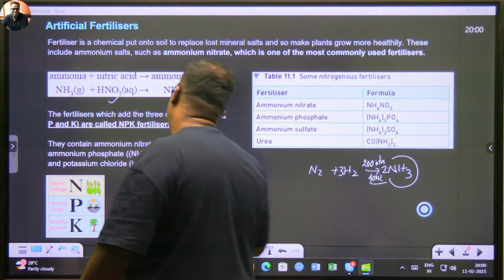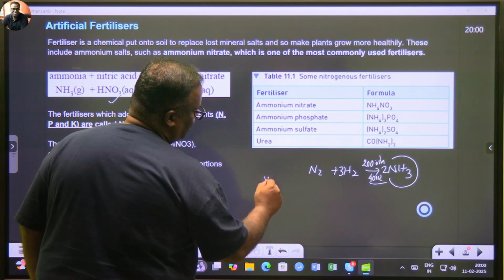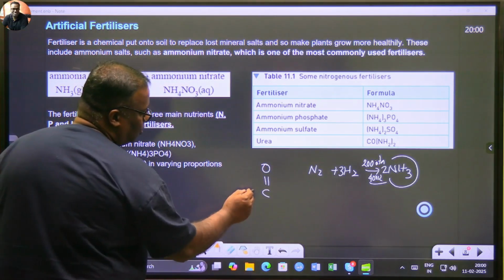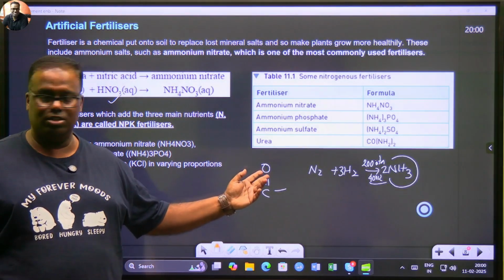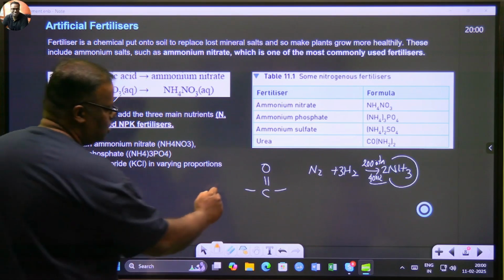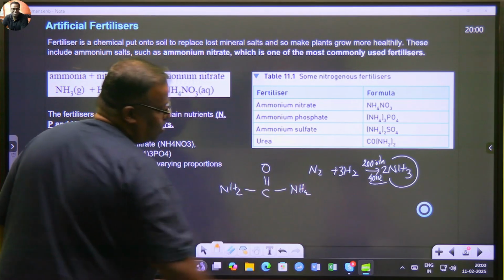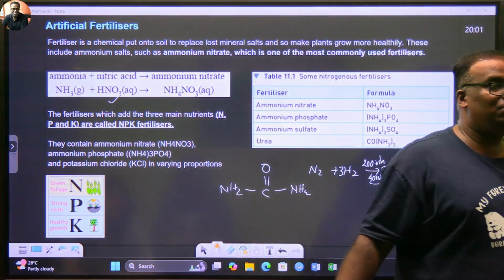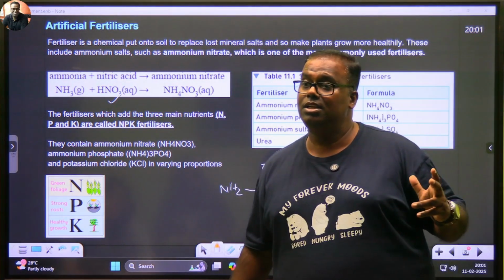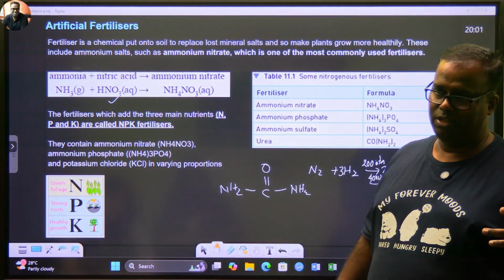I'll show you when we come to that chapter of organic chemistry. This is called a carbonyl group. Carbon has 4 valencies. 2 are tied up with oxygen. Oxygen satisfied, carbon both open. So on one side you have got NH2, on the other side another NH2. Urea's synthesis in a lab made people realize that organic substances are not only what God gives you. Urea is a